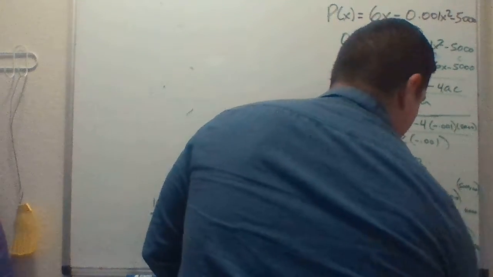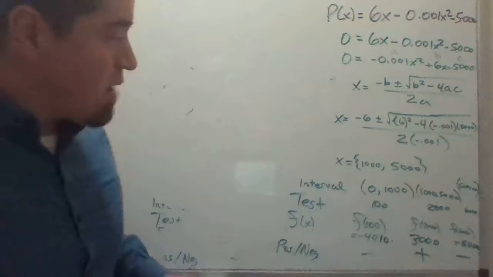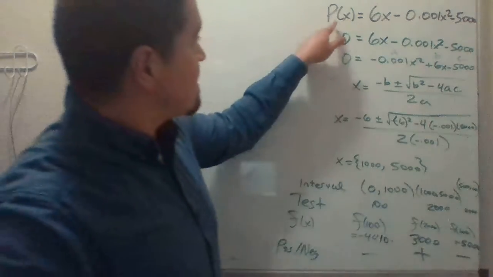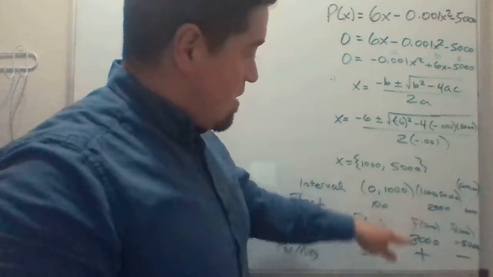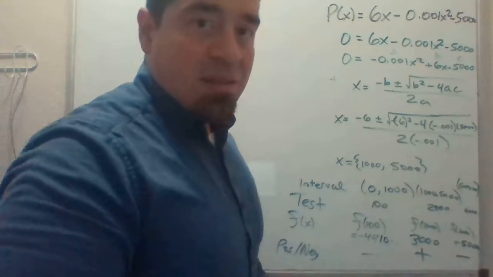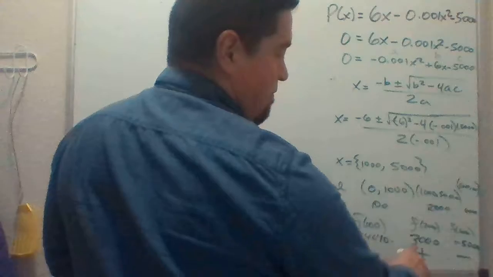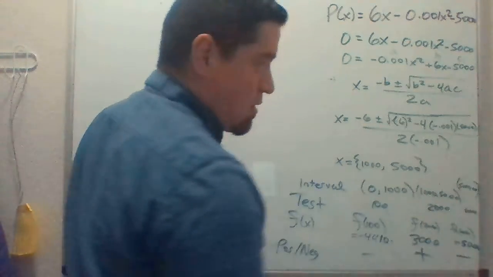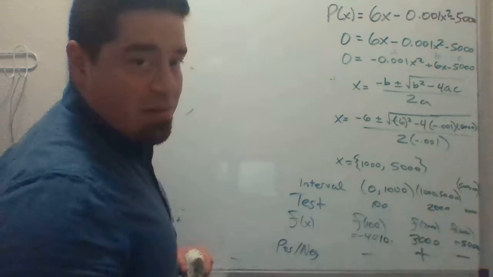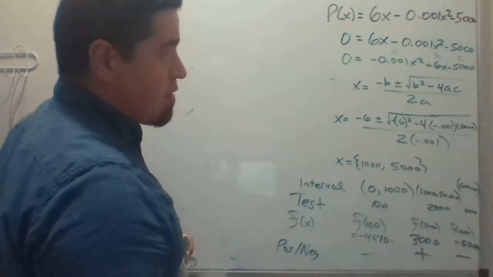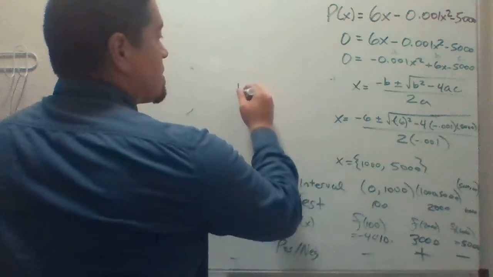Now I can answer my question: when do I have a positive profit? In other words, when is this positive? On the interval from 1,000 to 5,000. If I were running this business, I would want to make sure to make a profit, so I'm going to produce 1,000 to 5,000 loaves. Any more, and I don't have profit, I have negative profit. So to have profit,